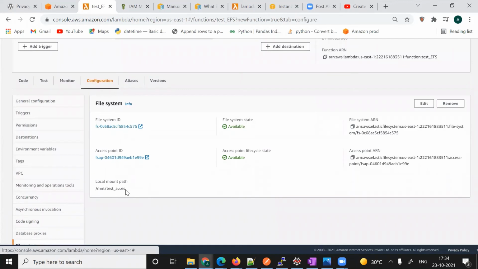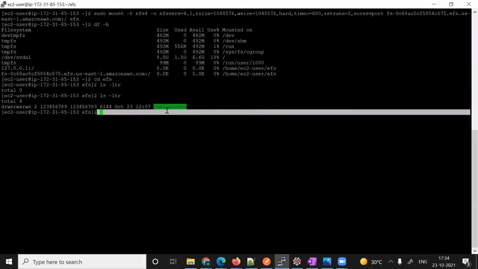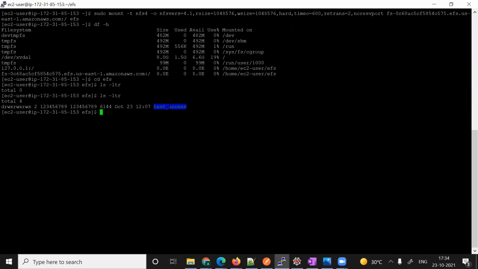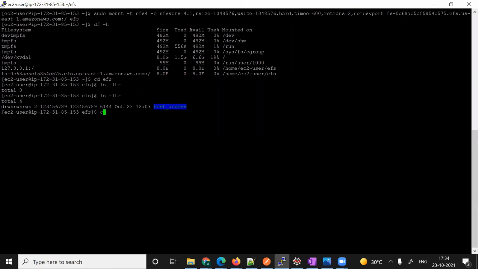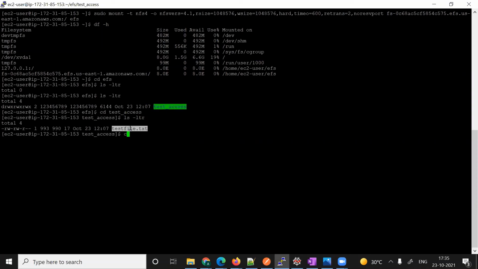Okay, this is just a local mount path, because here I've given test underscore access without S, only one S. But what file got created here? Test access. So what is this? This is the access point name that you are creating here, this path, test access. Okay, so we can go there and check whether my file is available here or not. See, my file is also here. Cat and check. That's the proof. Okay, so one part is done. I have successfully connected my Lambda to EFS.